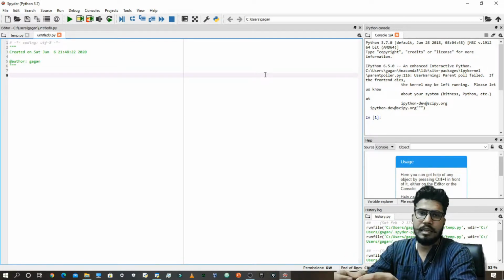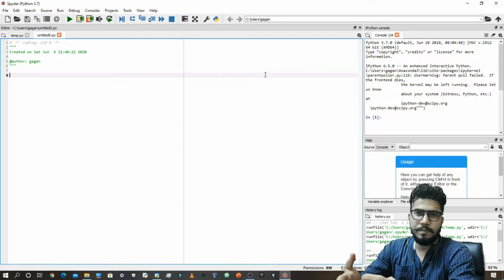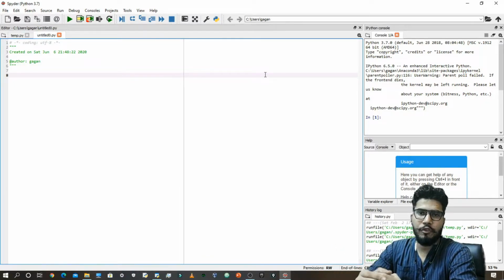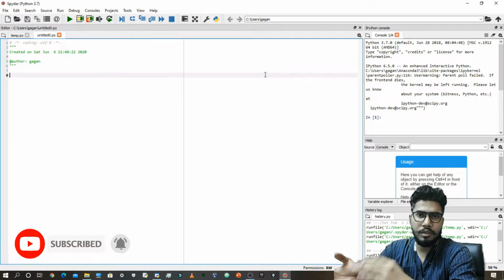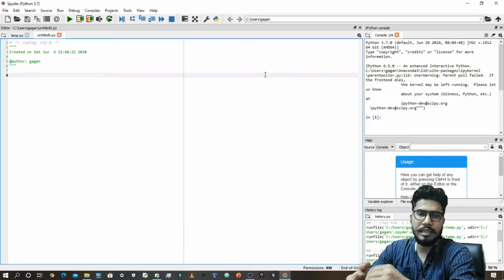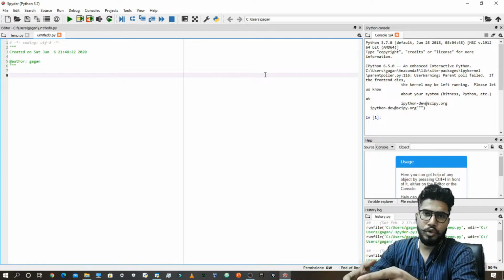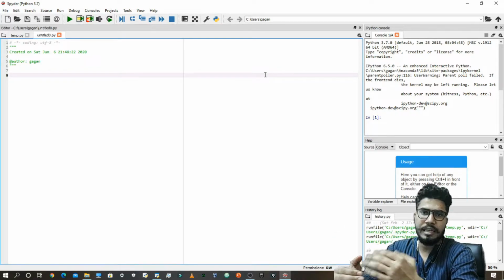So what happens is that, for example, if you have created a code to find the factorial of a number, and in another program you want to find the factorial of a number, what are you going to do? There are two ways to do that. The first way would be that you will write the factorial code again in your program, and the second way would be to use the old code. Okay, so the import statement does exactly that. Basically, you can import your old code into your new program so that your functionality increases.